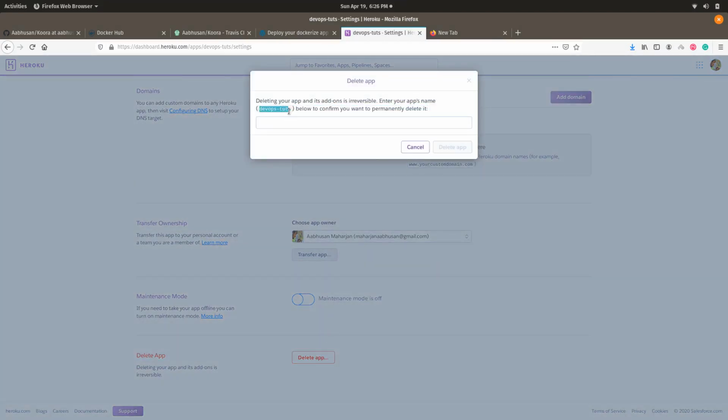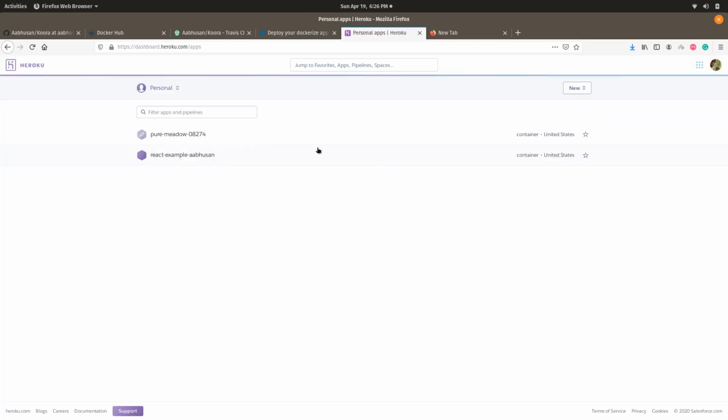In the free account, Heroku only allows you to have 5 apps, so I'm deleting this. I have already created this app named Pure Meadow. Like just now I have shown you how to create, similarly you can create an application in Heroku.